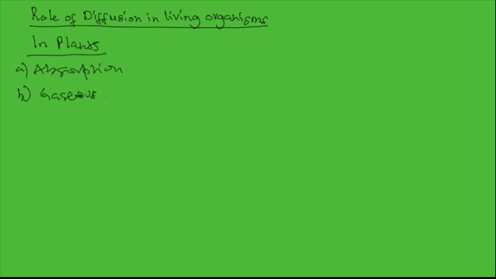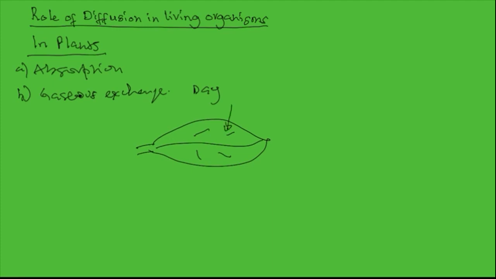So for instance, during the day, in the presence of light, carbon dioxide diffuses into the leaf, where it is used in the process of photosynthesis, while oxygen, which is a byproduct, is released and diffuses out of the plant,